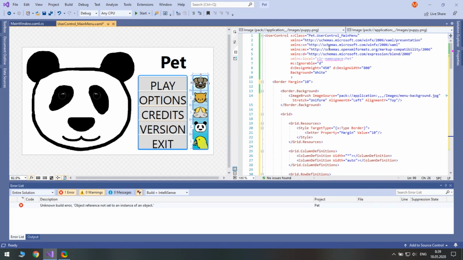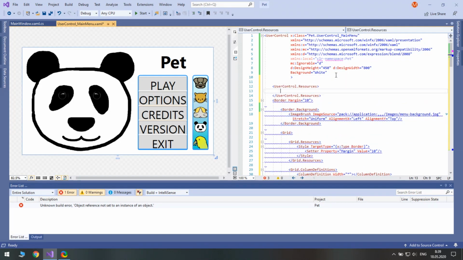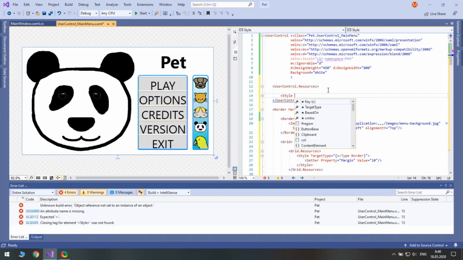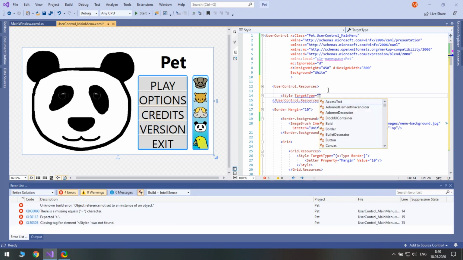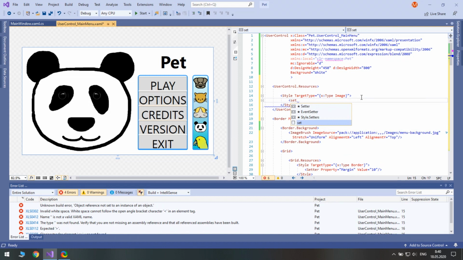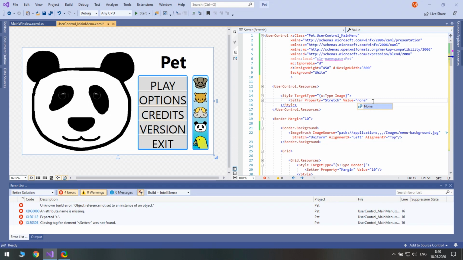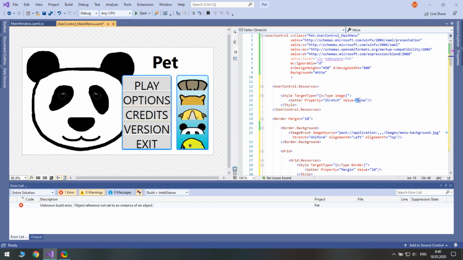Let's set the common style for all images. We will also create a special style with the key for just these 5 images.